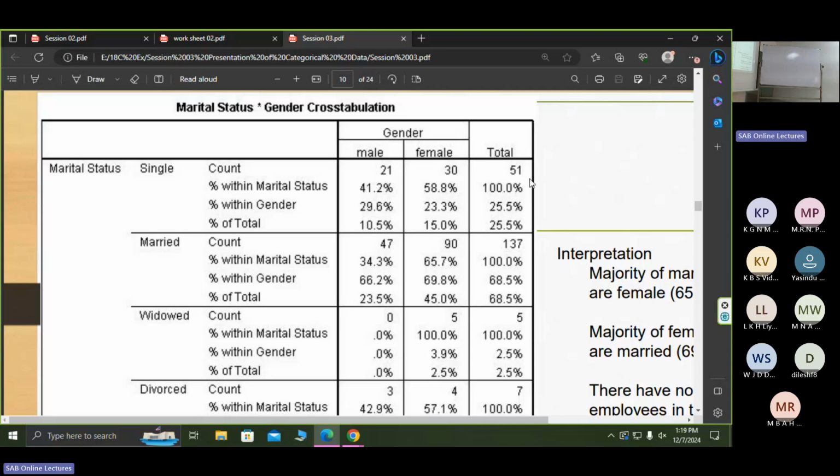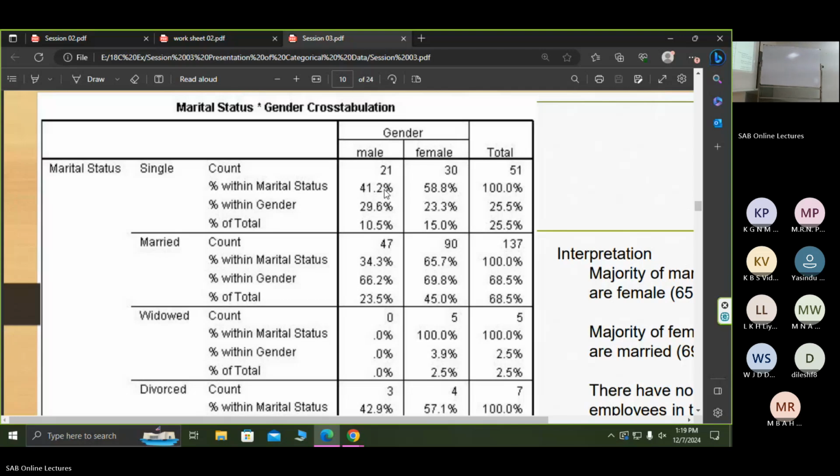Total single employees are 51. Then we calculate the percentage value. How? 21 divided by 51 into 100. It's clear? Within marital status. Then 30 divided by 51 into 100. Understood? Within marital status. Then when we move into the interpretation,